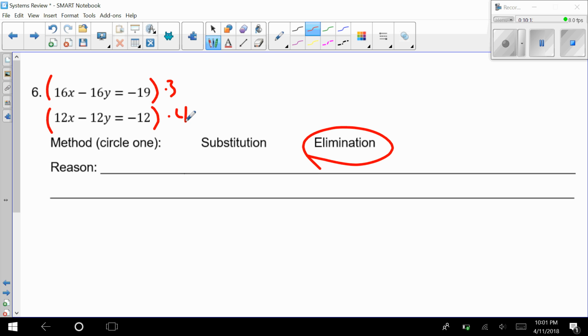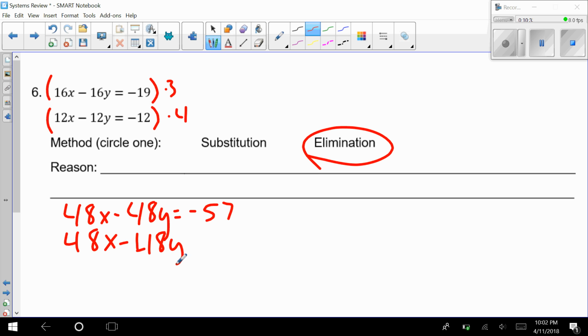16x times 3 makes 48x, minus 16y times 3 makes 48y, equals negative 19 times 3, which is negative 57. For the bottom equation, 12x times 4 makes 48x, minus 12y times 4 makes 48y, equals negative 12 times 4, which is negative 48. Since I noticed that my x's have the same sign, they're both positive, I'm going to subtract